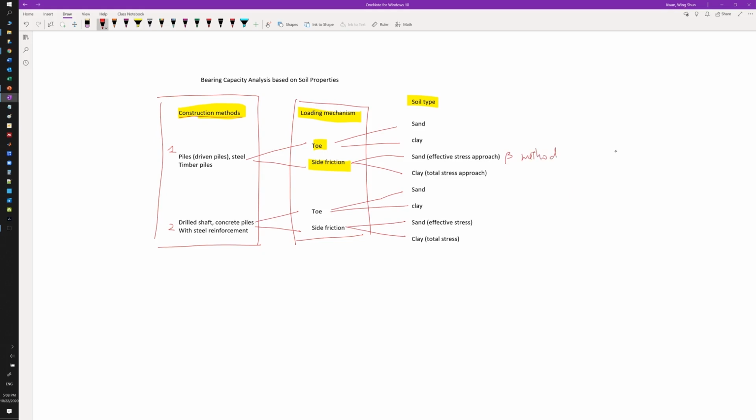And for the clay method, we have the effective stress. For sand, we have the beta method, and for clay, we have the alpha method. So we will come back to talk about what those are. So this is the big picture on how to deal with the bearing capacity analysis based on